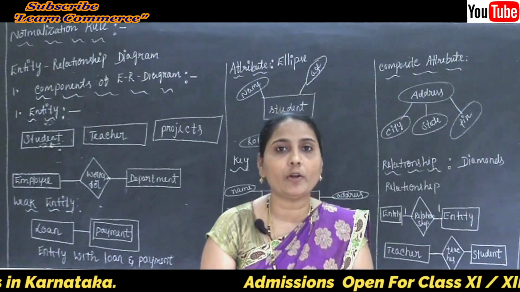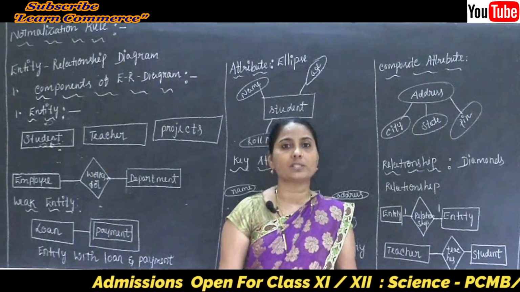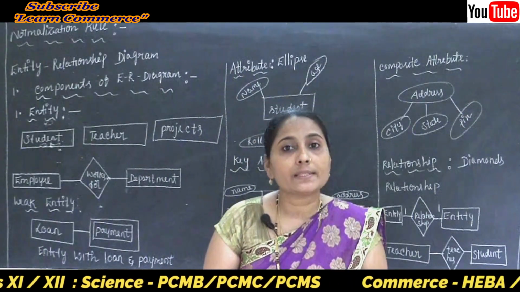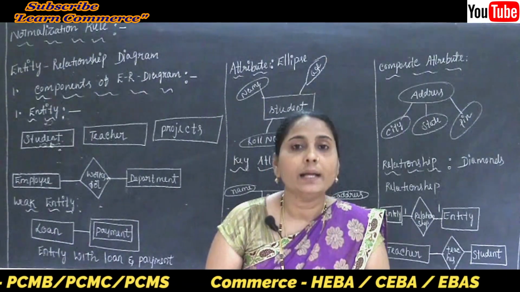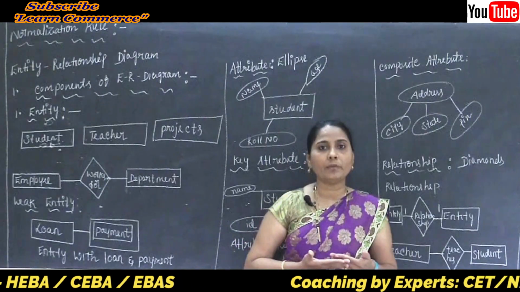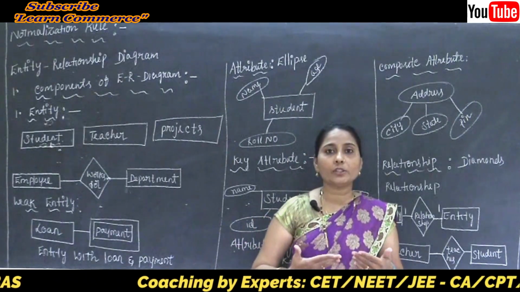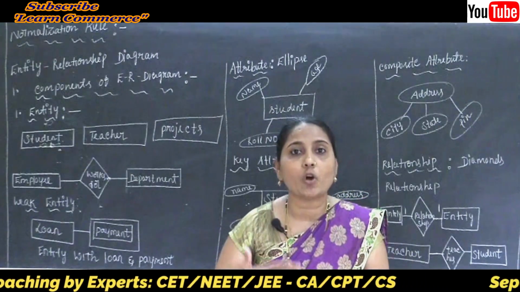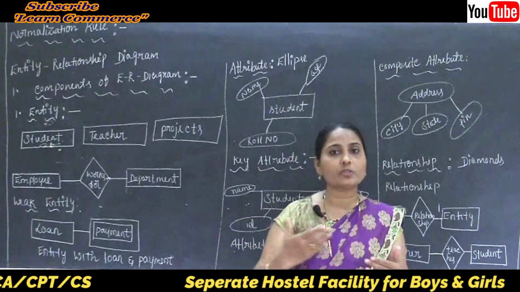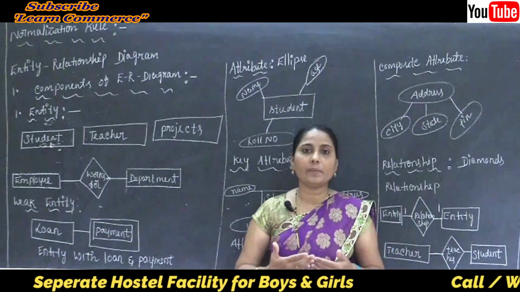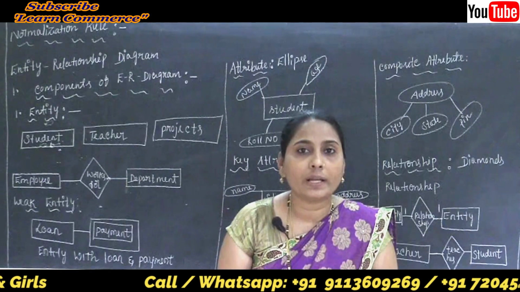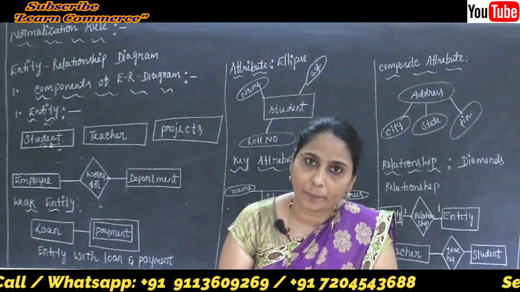Now what do you mean by normalization in the database concept? We can say that normalization is the process of organizing data in a database. That means by using tables we are going to represent, structure and organize the data one by one. So this is the meaning of normalization: the process of organizing data in a database.